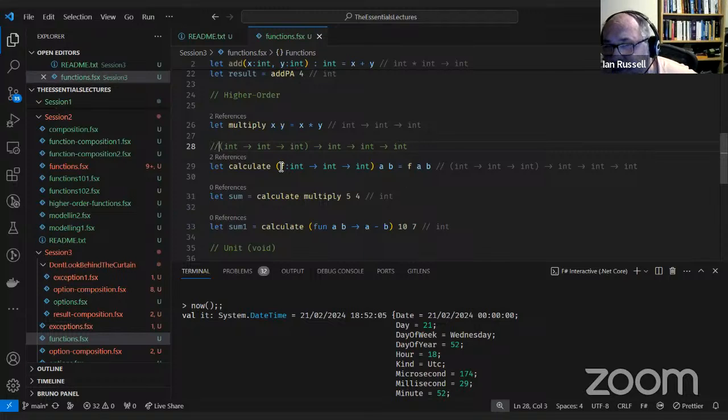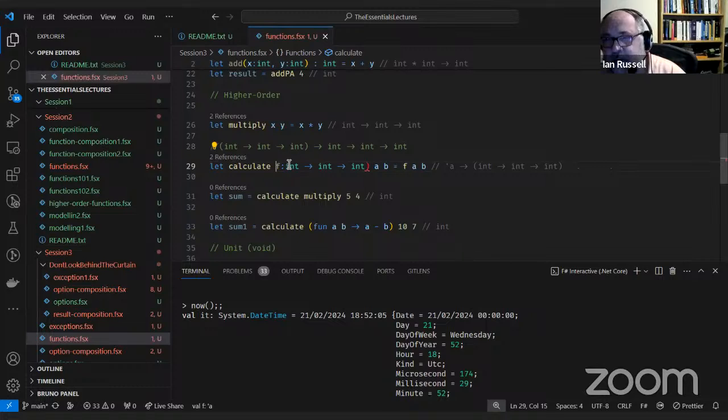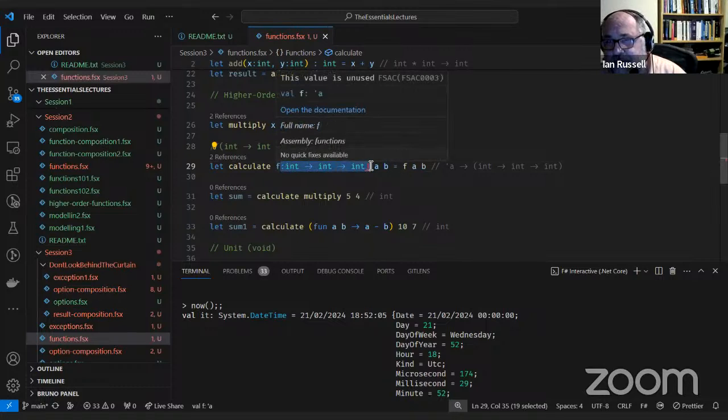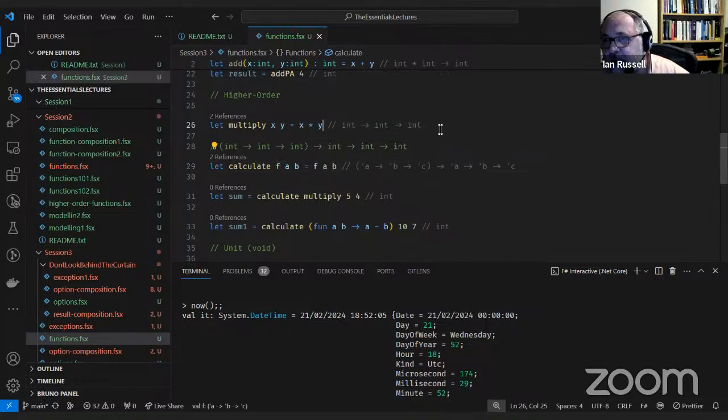So if I get rid of this and go back to where we were, we find we have this funny A, B, and C. So what the compiler is able to say is this is a generic function. That's different from generics.